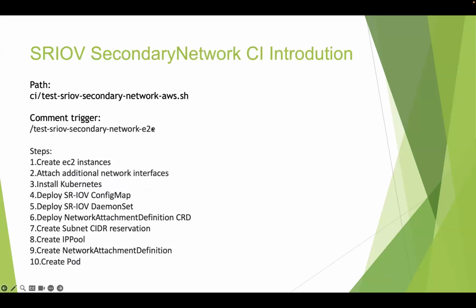You can trigger the test by adding a comment: test SRIOV secondary network e2e. The main CI code for testing SRIOV secondary network is in the ci/test-secondary-network-aws.sh file,